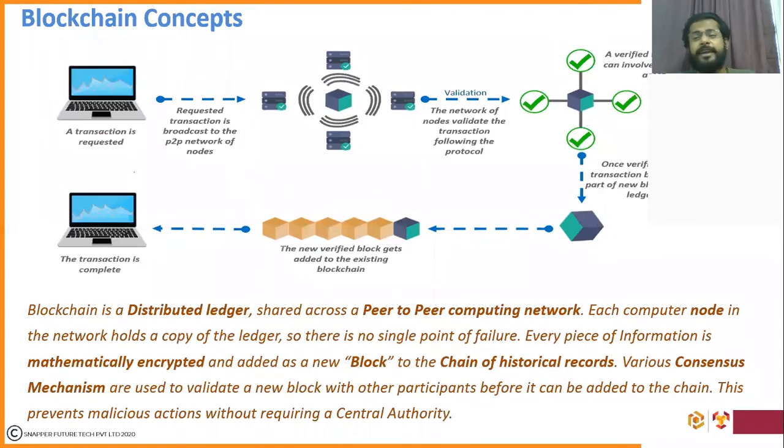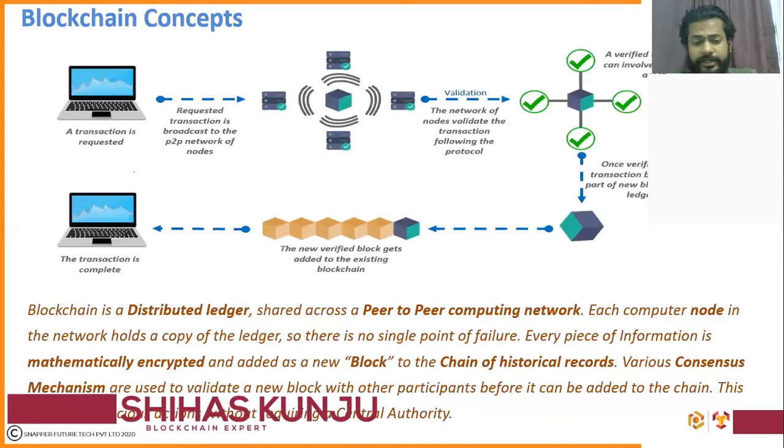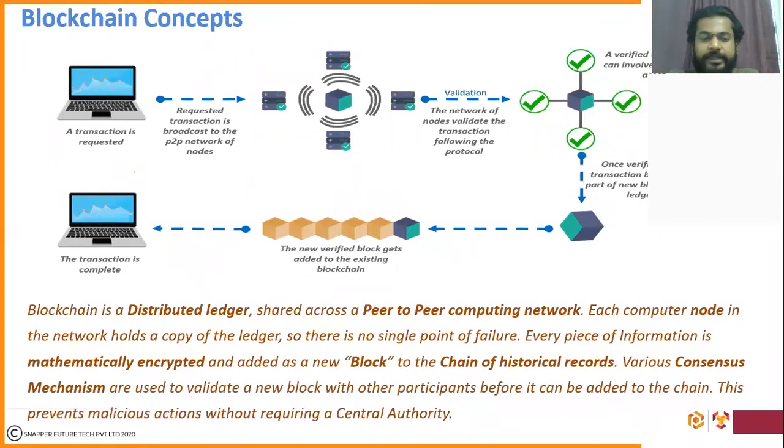Now, as I stated, there isn't any central entity, bank or anything, where the transaction will go to and get executed. So what happens here is, it goes to all the participants in the network. There are many participants in the network. These participants take this transaction, validate the transaction, and propagate it ahead. Do you understand the meaning of validation of a transaction? That is, whether this particular transaction is correct or not, whether it is eligible for execution or not. So basically, everyone in the network checks the transaction and propagates it out.